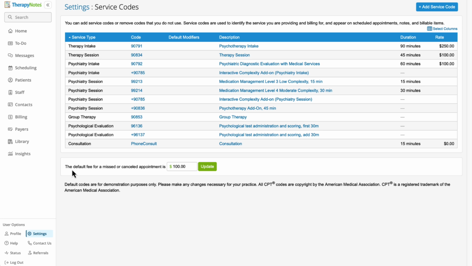On the service code page, you'll see all your service codes listed by service type. As mentioned in the Billing Part 1 video, service codes can only be used with their corresponding service type. This page is a great reference point if you're trying to use a service code, but are not finding it when you go to make an appointment. If you're not seeing a service code you'd like to use, you can add it to your account by clicking